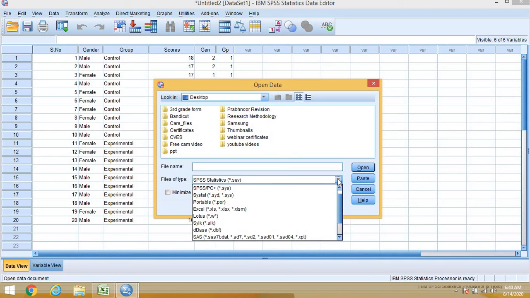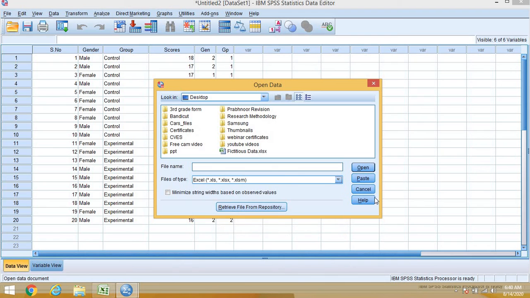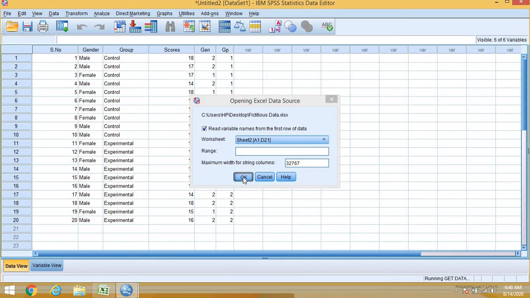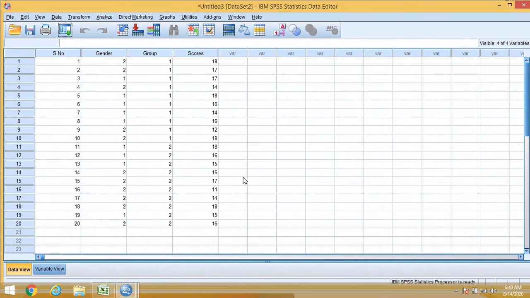I'll change the file type to Excel, then fictitious data, open. Now in this case, the sheet is sheet number 2. So I'll click here sheet number 2 and then OK. See, now that sheet number 2 is imported to SPSS, which is in numeric.